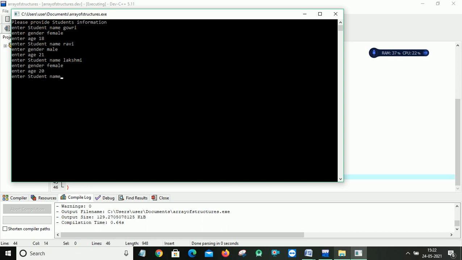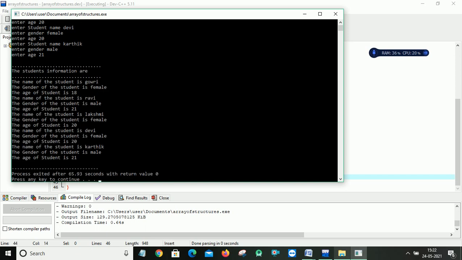And it will ask me for the fourth record. I'll provide Devi, gender female, and then age 20. Then the fifth record: Karthik, male, age is 21. So it will show me the output.